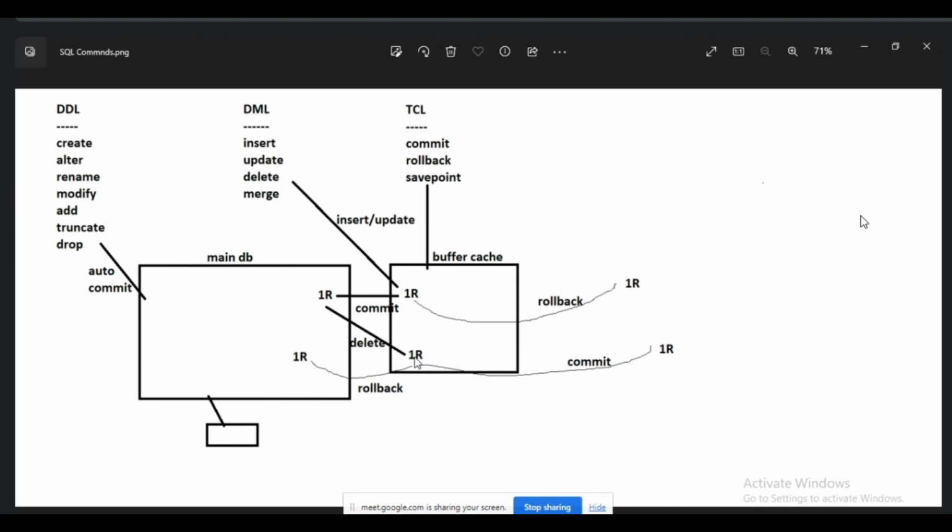After delete, if I am using commit, we are accepting the delete, and the record is removed permanently. If I am using insert or update, the record reaches the buffer layer. If I am using commit after insert or update, the changes reach the